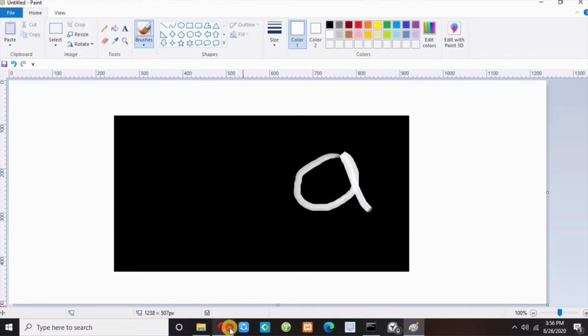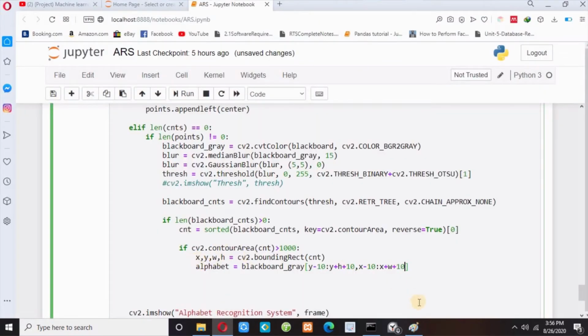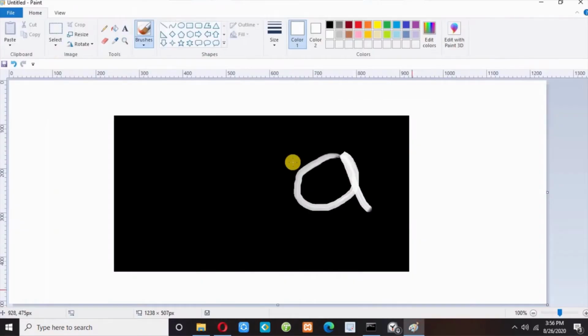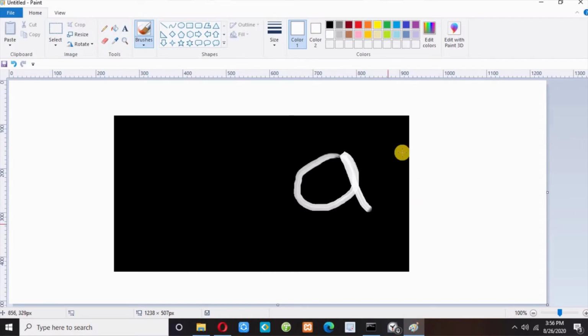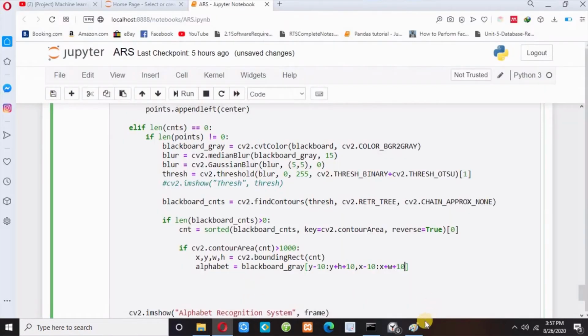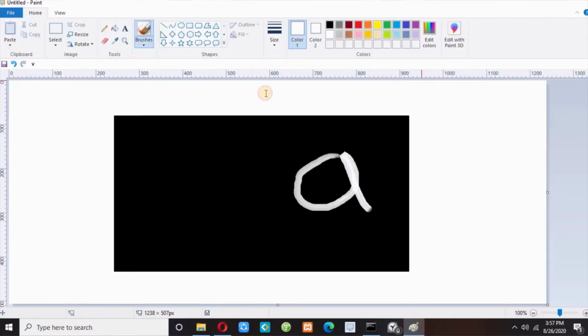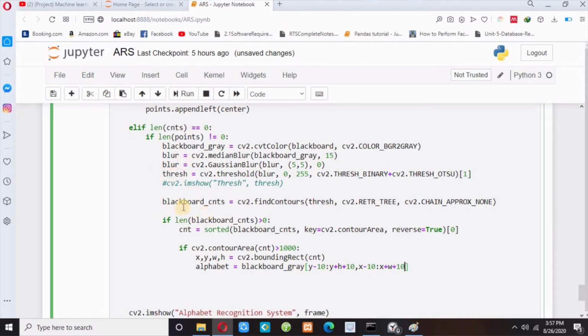This x, y, w, h is the coordinate of our contour, so the coordinate of our alphabet. And this line, blackboard_gray from y minus 10 to y plus h plus 10 and x minus 10 to x plus w plus 10, will extract my alphabet from my whole blackboard. So this picture is my trace, and I need to find the contour in this trace, and if I find a contour, then I find the x, y, w, h coordinates so that I can get the alphabet.